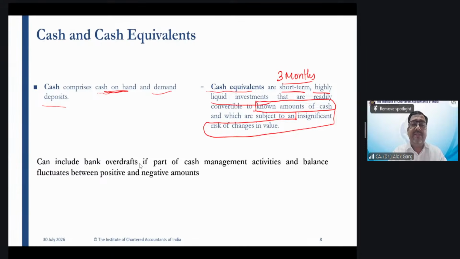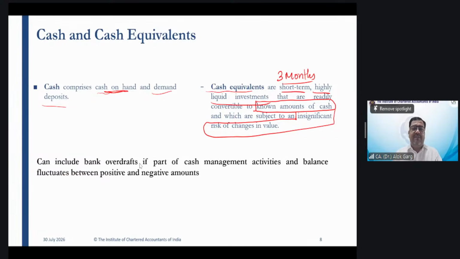The company has invested in the shares of Infosys Limited. Infosys is a big IT company, right? So the company has invested in the shares of Infosys. Now what happened? The company invested 1 lakh rupee. Now this investment in Infosys shares,